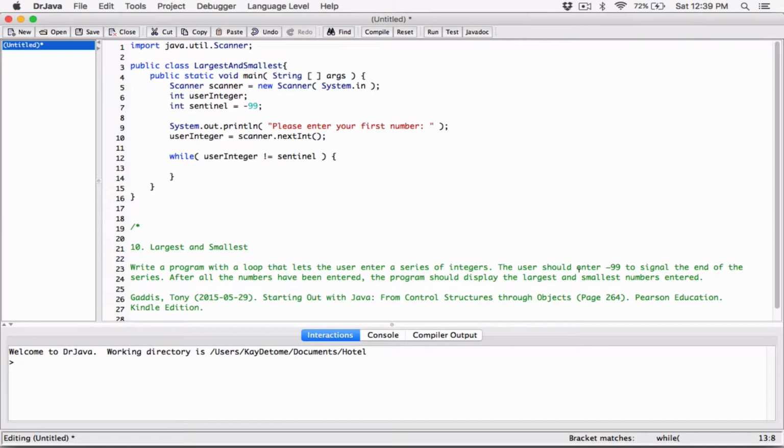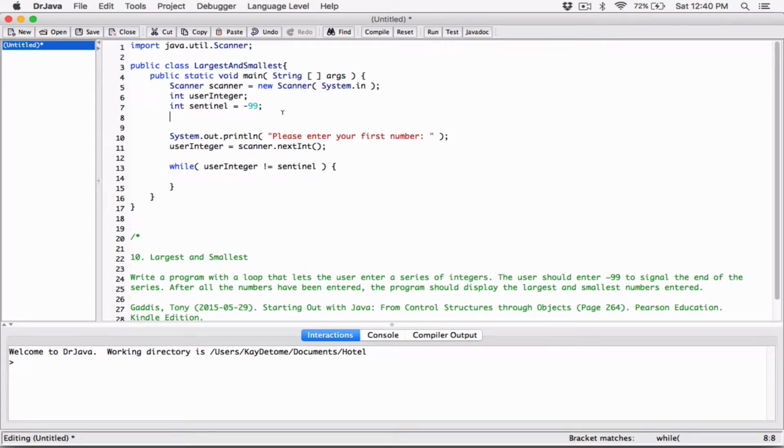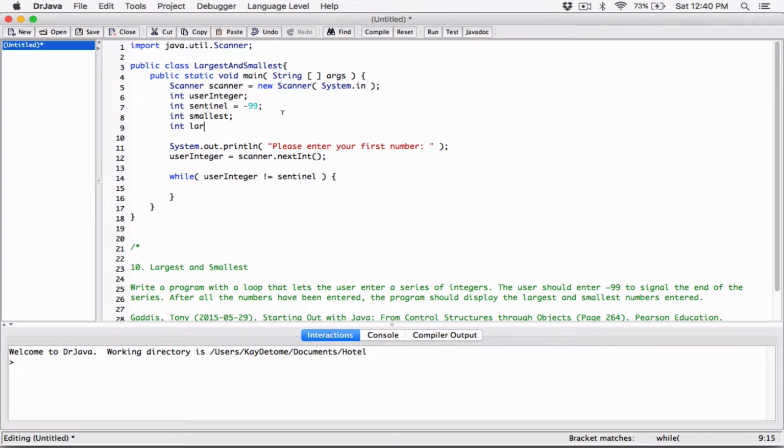Now the program wants us to figure out what number is the smallest and what number is the largest, right? So I'm going to create variables for that too, to hold the smallest and the largest numbers. They're going to be integers. So first is going to be int smallest and int largest. Okay, so while what the user typed is not equal to -99,